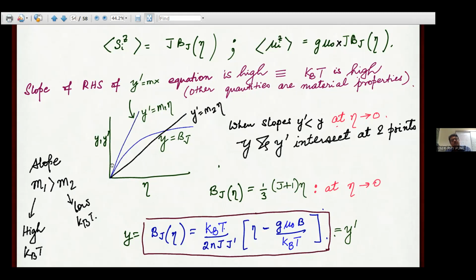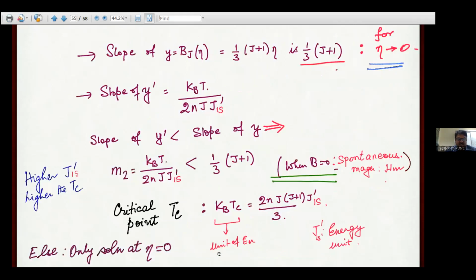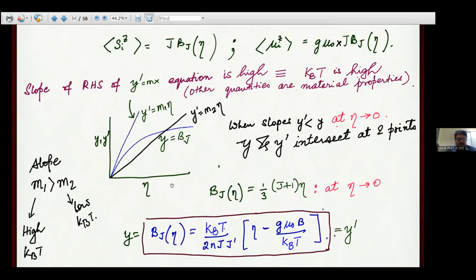Then we can compare the slopes, because if the slope of this line is greater than the slope of this line, then it intersects only at eta equal to 0. That's the only point where this relationship is satisfied. On the other hand, if the slope of this line is lower than this quantity, the Brillouin function, yeah,